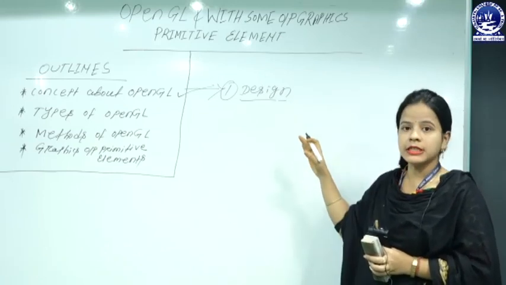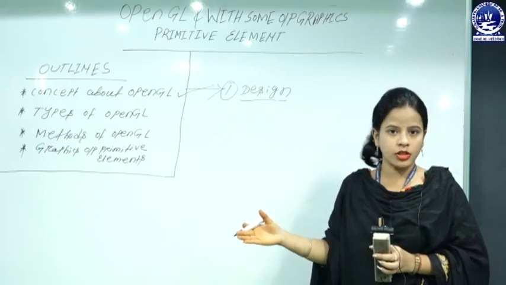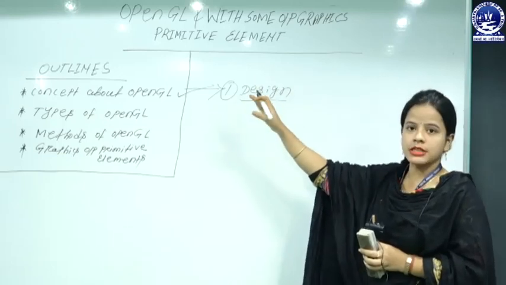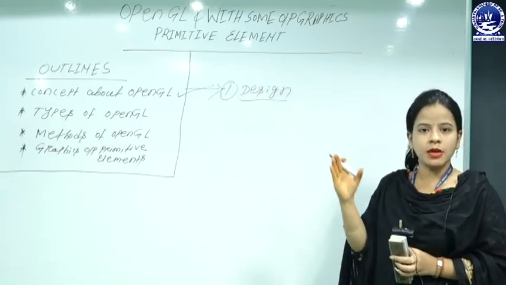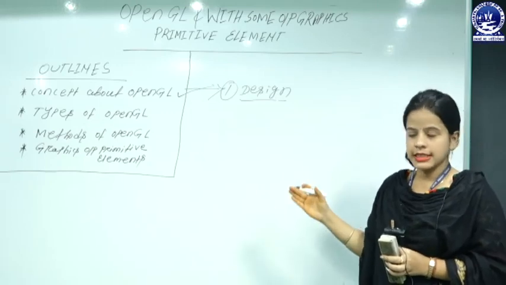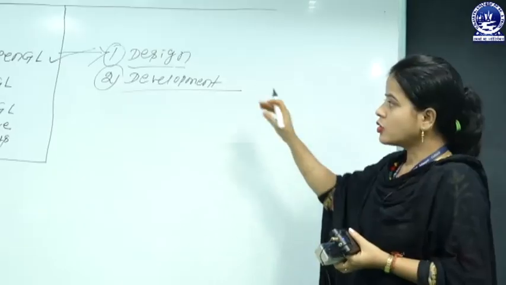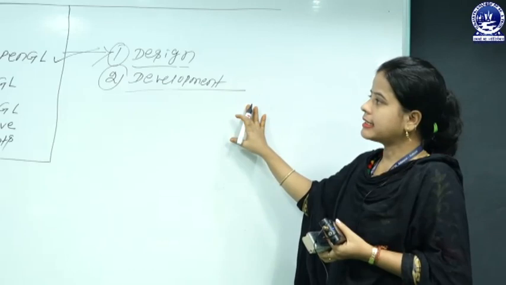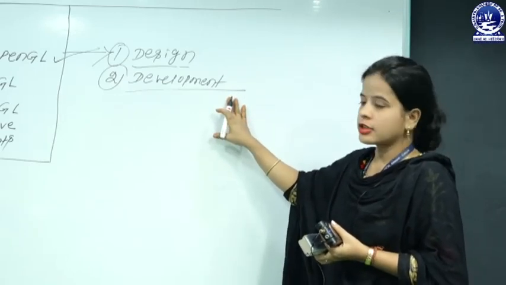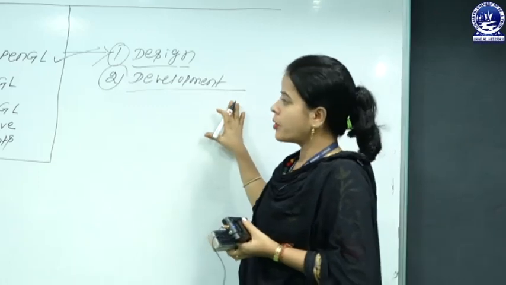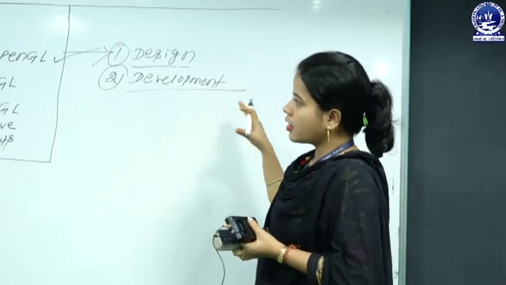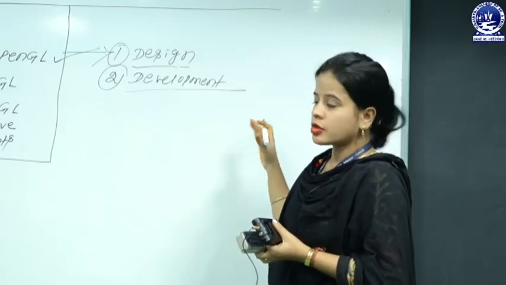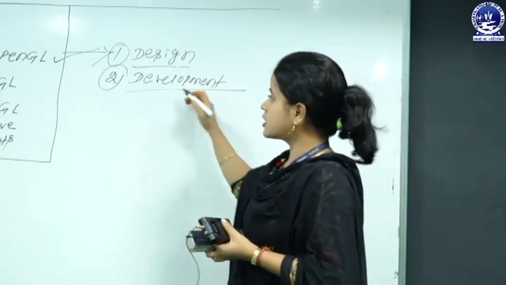Here all the functions are similar to C functions, but with one difference: the functions in OpenGL are independent in nature, whereas in C they are dependent on each other. That is called design. Now let us go to the second component, that's development. For developing OpenGL, it consists of an application programming interface concept and also a code group provided for creating OpenGL applications in an enhanced way, through which the user can execute very easily. That is called development.